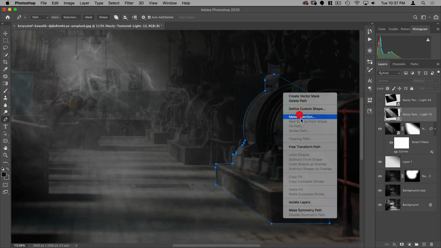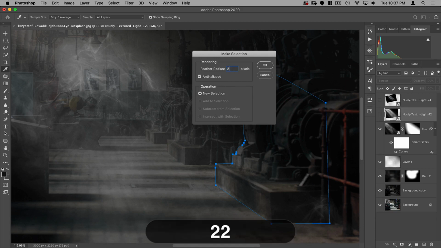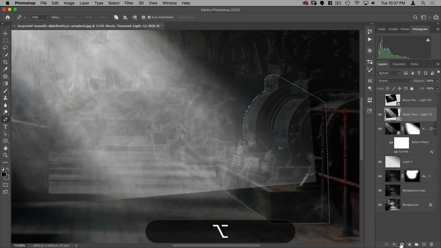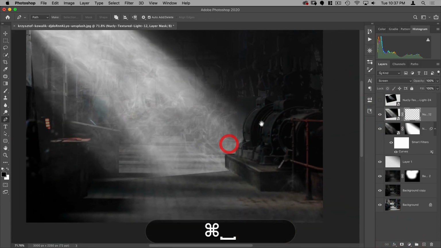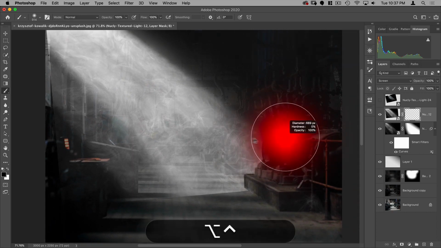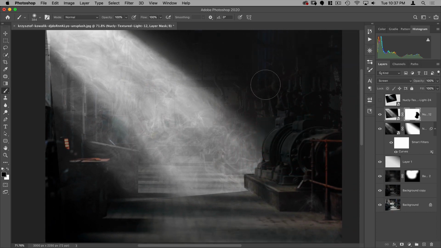All right, I'm going to make the selection. I'm going to add a 2-pixel feather there, and then we're going to do Option and add the mask. So you can see there, it's added it behind there. And then with a big black brush, I'm going to also just kind of paint out the parts that it missed there, and then also paint out the bottom here so it looks like it's hitting that floor there.